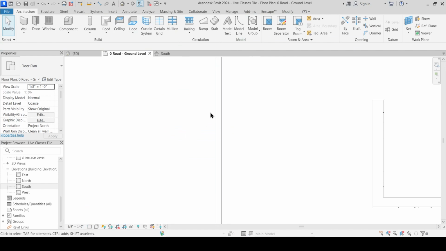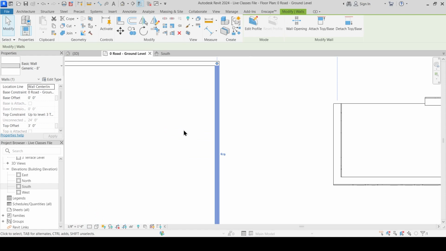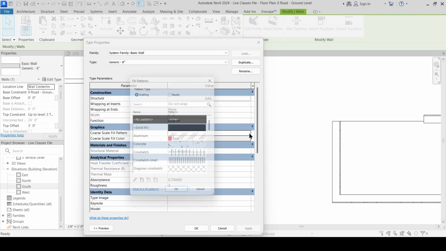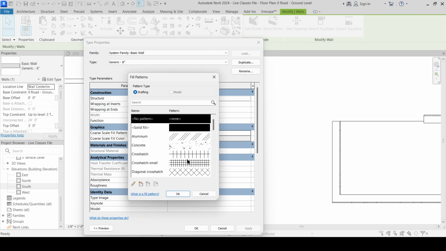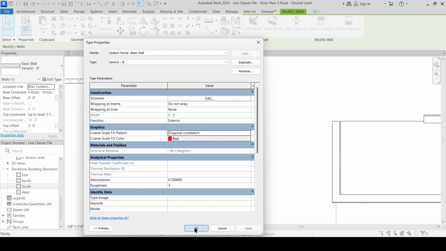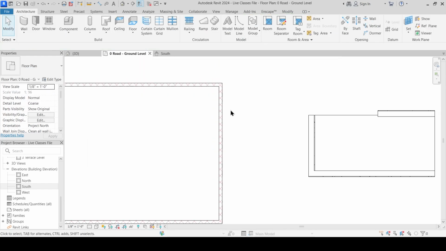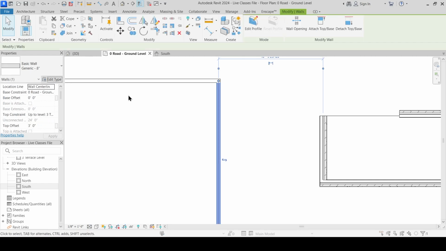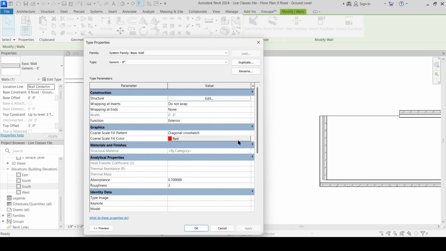If I just change this to coarse, then edit type, coarse scale fill pattern should be diagonal cross hatch and okay, apply and okay. Yeah, I forgot to. Yeah, so now you see that the visual representation of that particular wall has changed. Fine. Next is this medium. In medium and fine, that coarse will not appear. That is not much important, but just because it is the command,